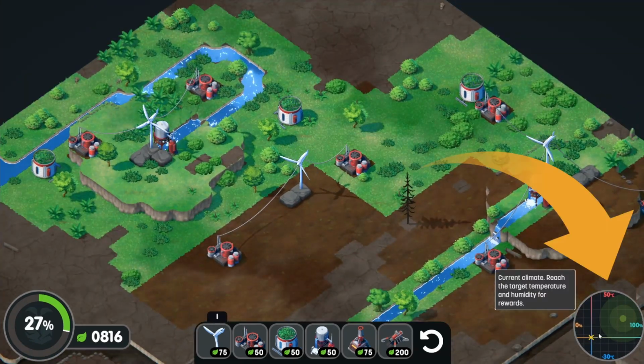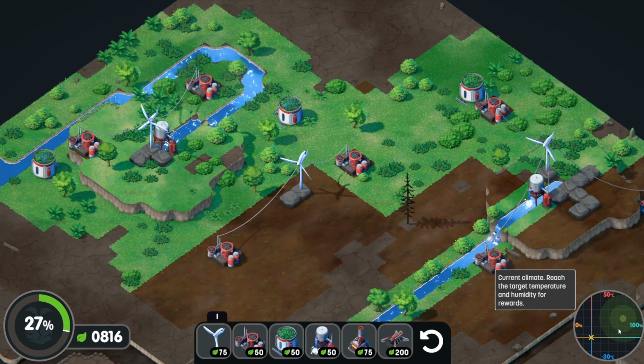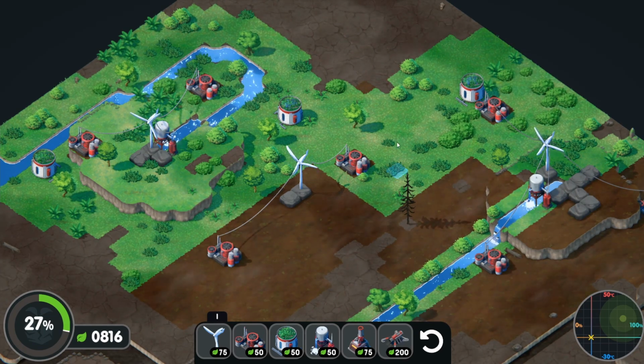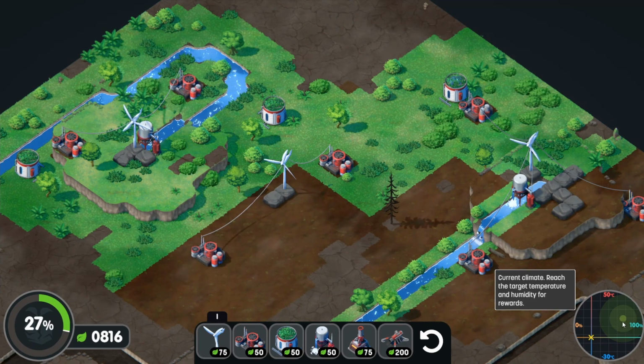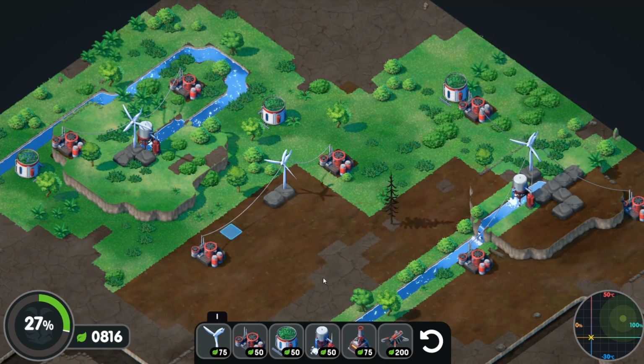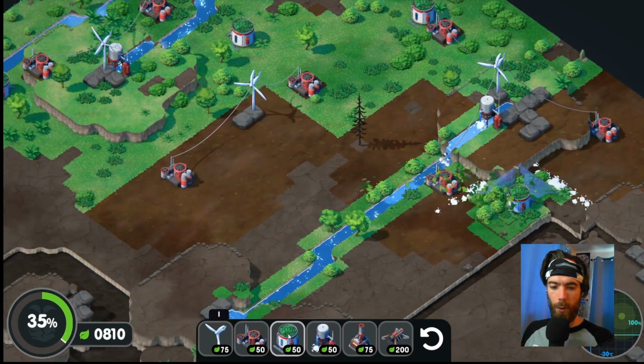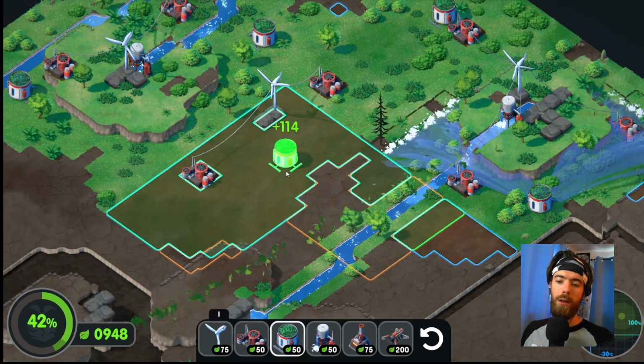Here on the right, we see the region's current temperature and humidity. We have a target temperature and humidity we want to reach by changing the plant life in the area. Once we reach the center of the target zone, we have conditions that are ripe for natural rain to fall on the area. Reaching the target conditions promises additional rewards,